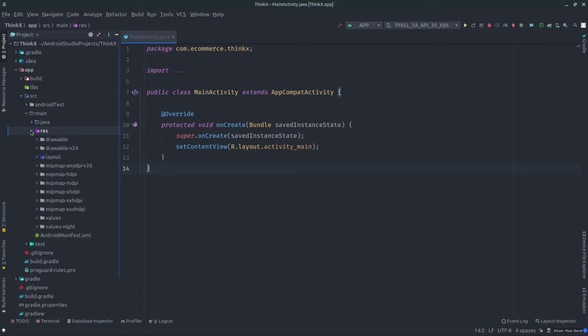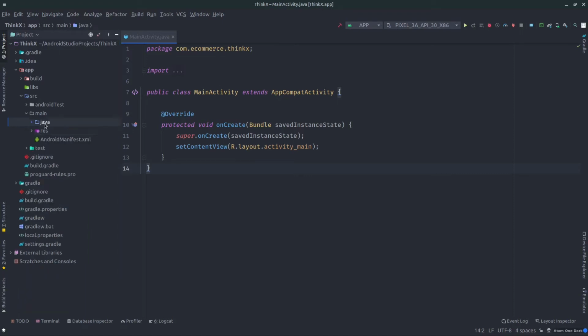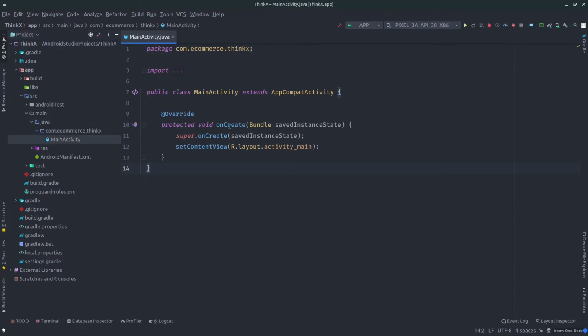If I expand this directory, you can see there are so many directories here. No need to worry, I will explain the uses of all these subdirectories also. And here we have the Java subdirectory, and this is the directory which we are going to use to code in Java.